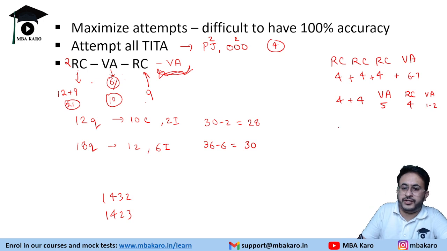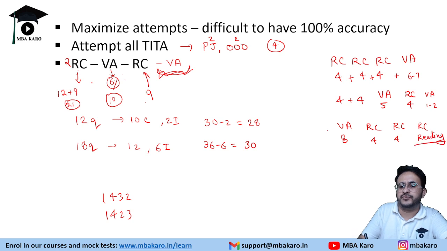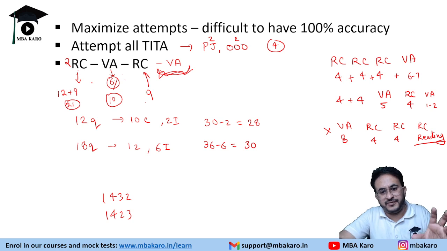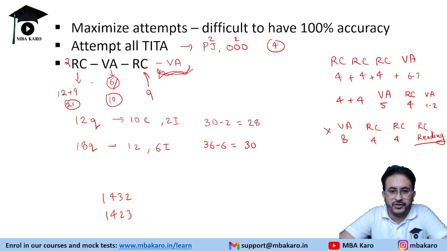So it should not be like you complete VA 8 questions and then RC. So you did 4 questions here. Now in this RC you end up reading the passage but unable to answer the question. This should be the worst strategy. So what I mean to say is start with RC. You can start with VA also. Keep some VA in buffer for the end, so that you are not stuck midway in an RC at the end of this section.